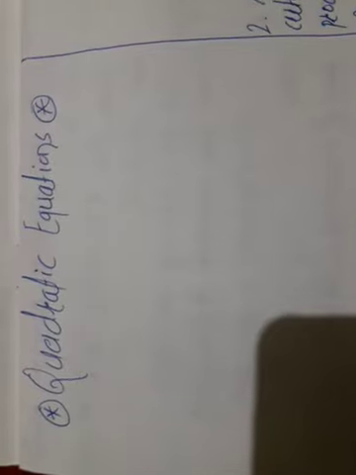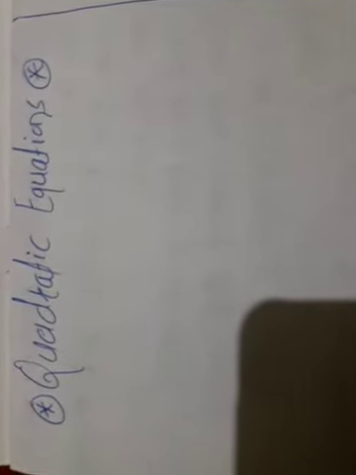As you know, in the polynomial lesson we have discussed the quadratic polynomial. This same point we are carrying over here in the quadratic equations. The polynomial which has degree 2, highest degree 2, is known as a quadratic polynomial. You know that very well. By using that only we will see now what a quadratic equation means, and then we will continue the further lesson. First of all I am going to tell you what is meant by quadratic equation.